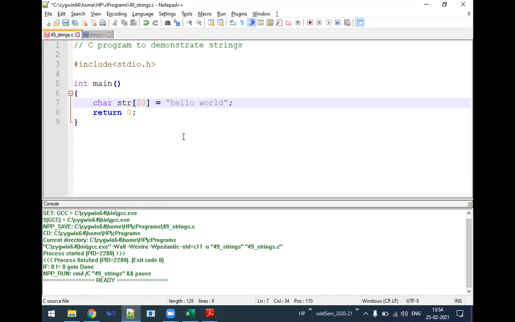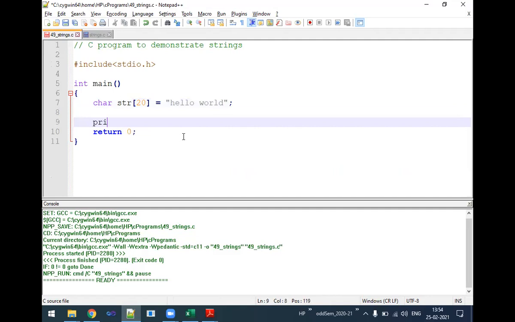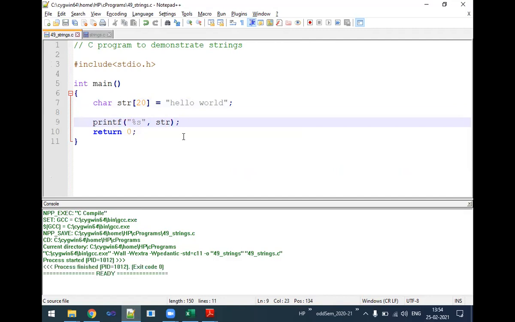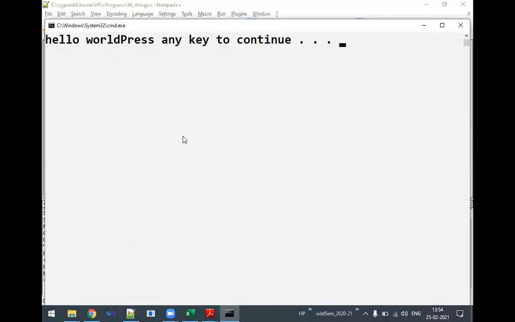Okay. Then print it. Printing can be done in any of the methods. I'm just using the printf percentage s, then comma str. Then compile and then run. We can see only hello world is printed.